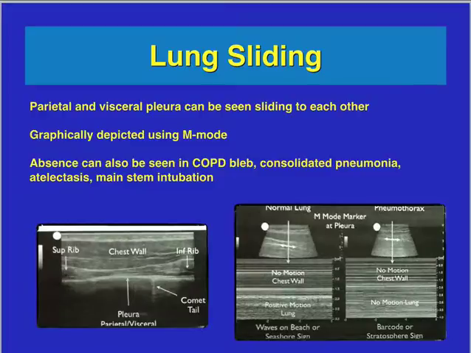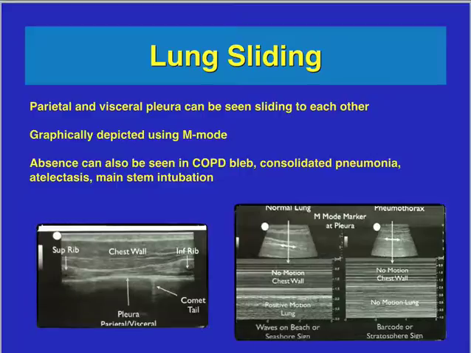Before we were able to save a lot of clips, people used M mode a lot, and that's why you do see in the literature people still talking about the seashore sign and stratosphere sign, or a beach sign and a barcode sign. So essentially, in the past when they did not have video clips, you could put an M mode line going through the pleura,